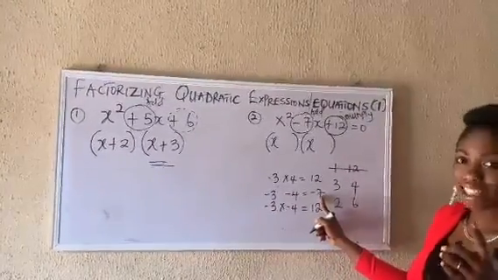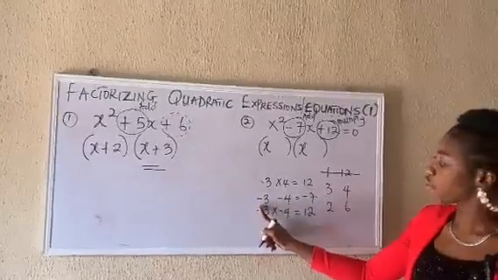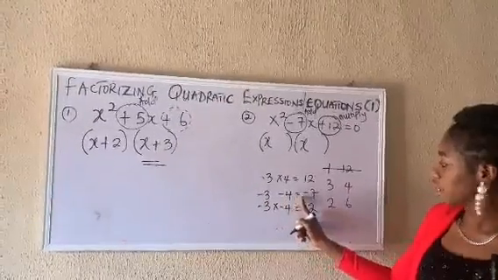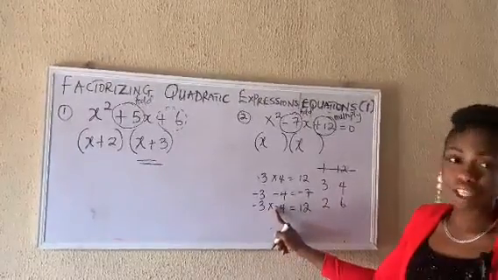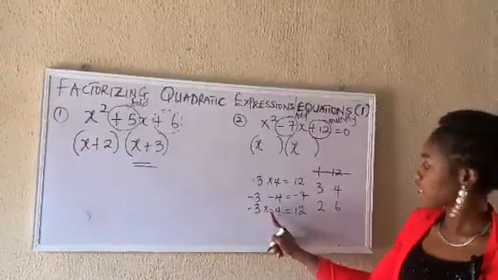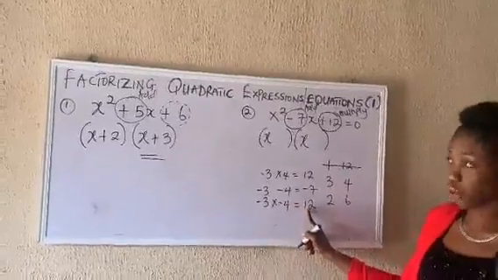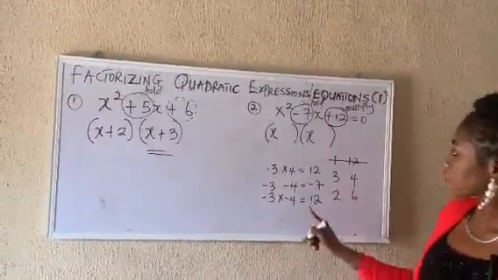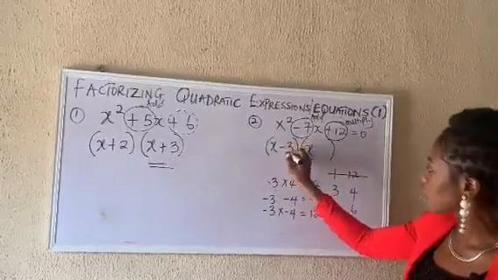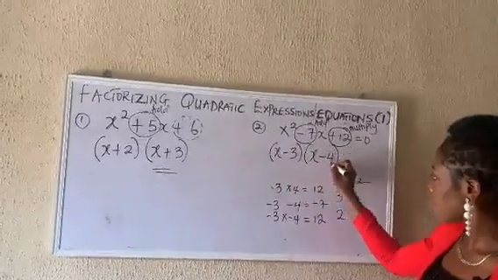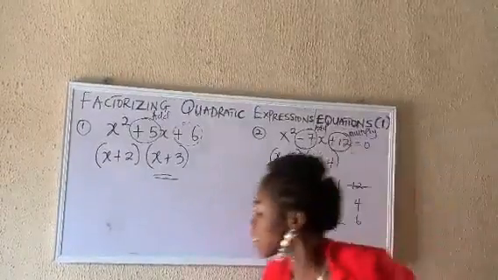Remember we said minus is what you owe. So if you owe 3 and owe another 4, it is minus 7. And remember that minus times minus will give us plus. So minus 3 times minus 4 will give us plus 12. So the only 2 factors that will be suitable to this space are minus 3 and minus 4. And remember that all these